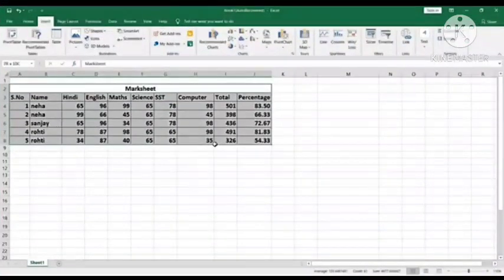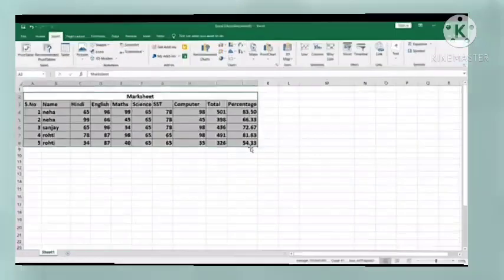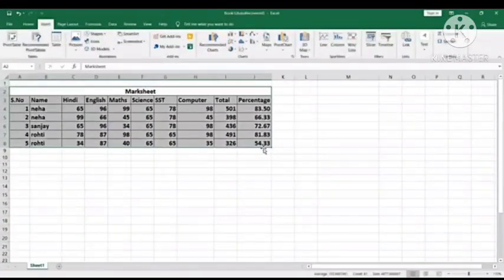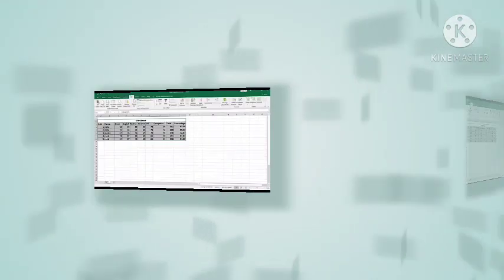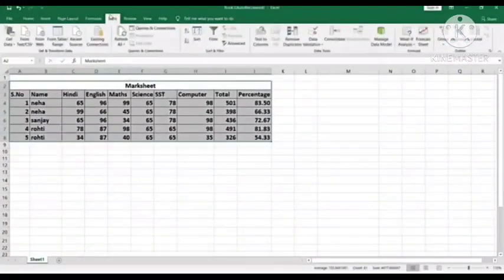Now let us see, children, how we can do the sorting. First you select the table, then you click on the data option which is given there. Now if you see the chart, children, the names and marks of the children are written.